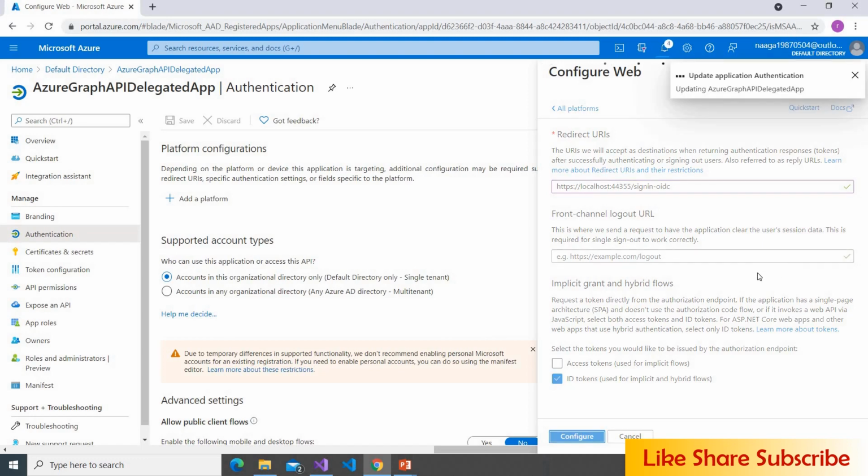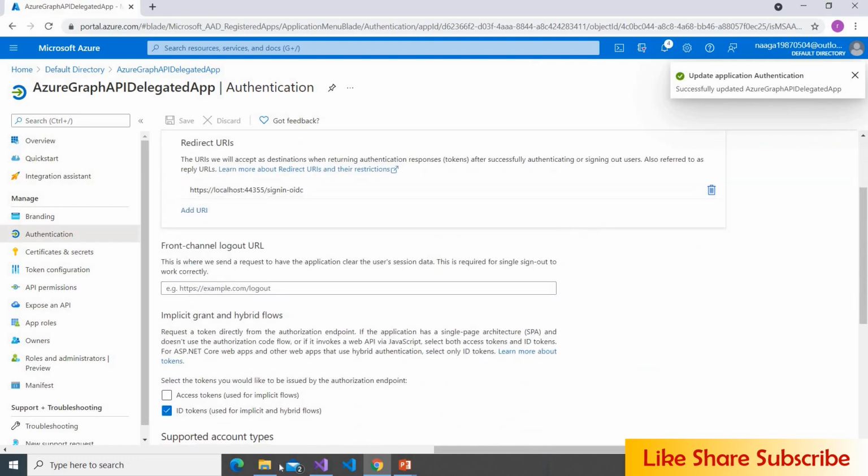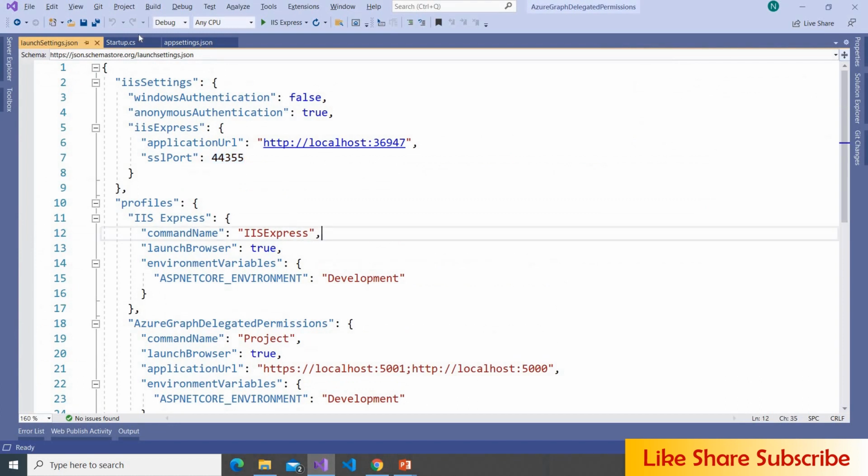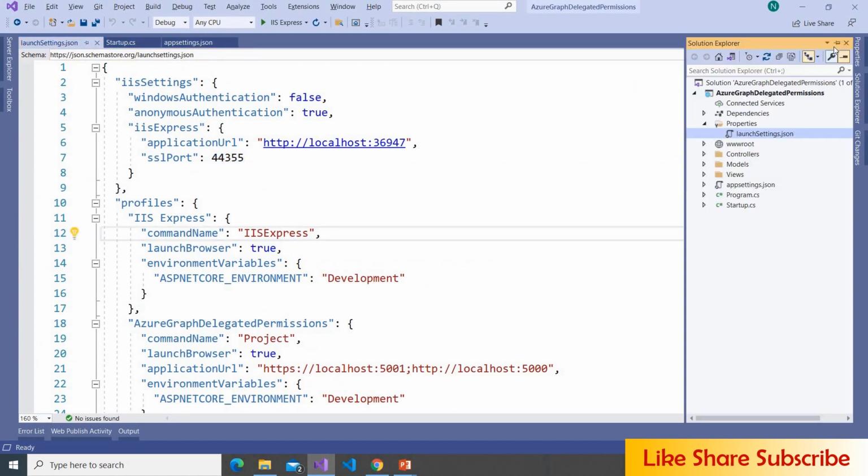Click on configure. Now this is done. Now let us go to the controller,